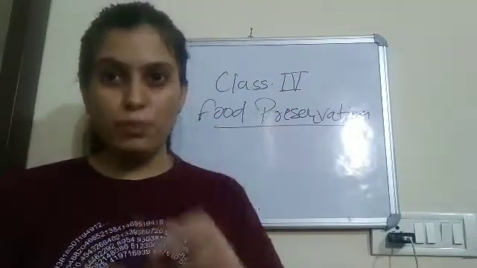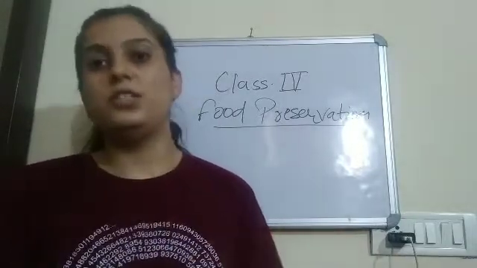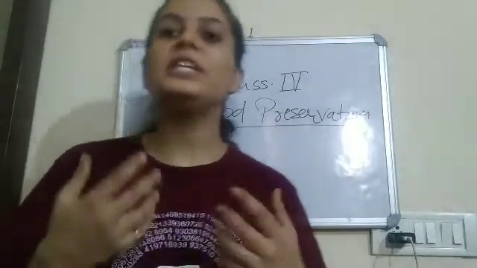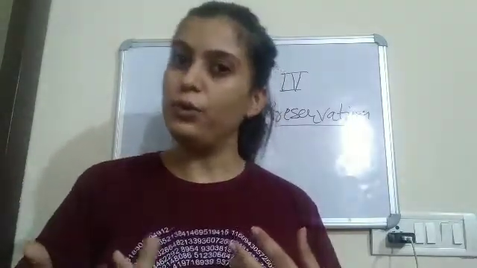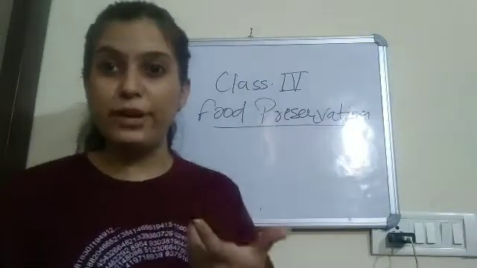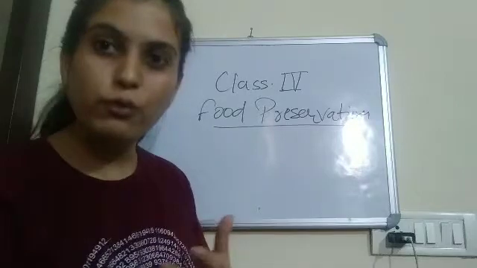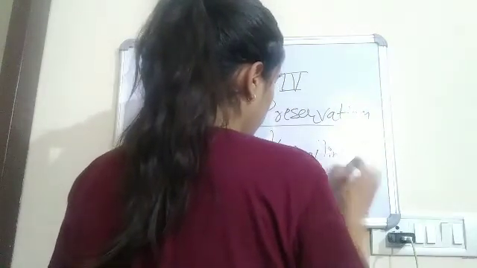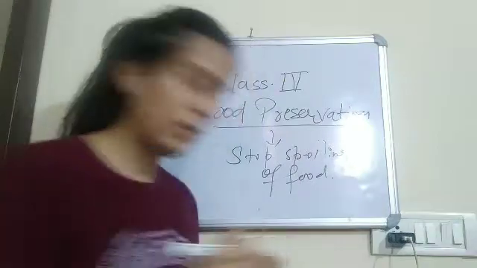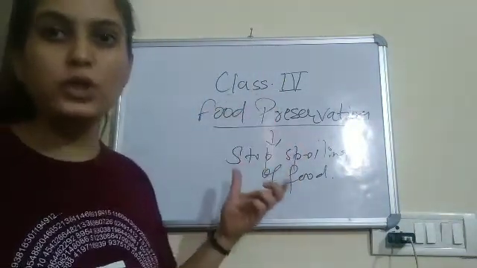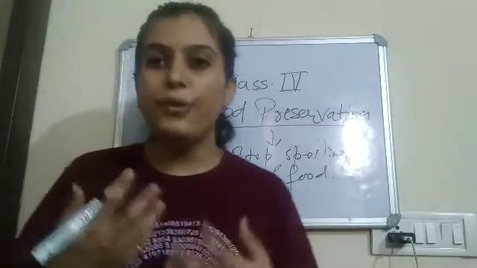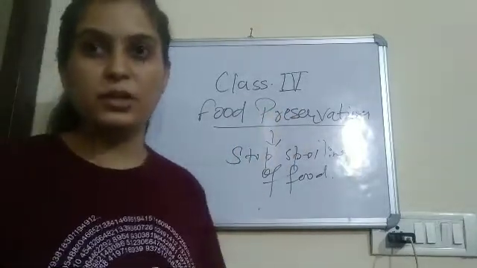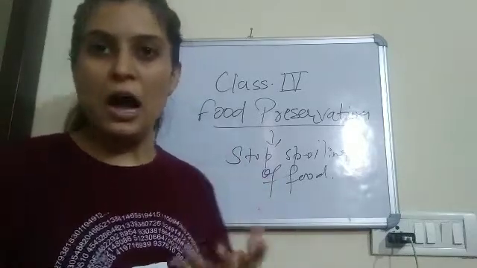To stop this spoiling, food preservation is done. So what is basically food preservation? It is the method by which we can stop spoiling of food. Now, how can we stop spoiling of food? What are the various methods involved in food preservation? The various methods involved in food preservation are: